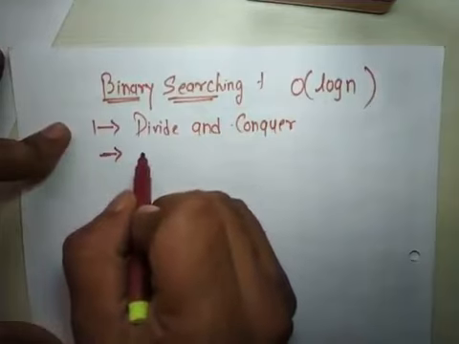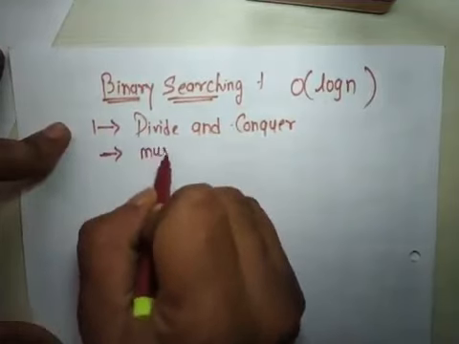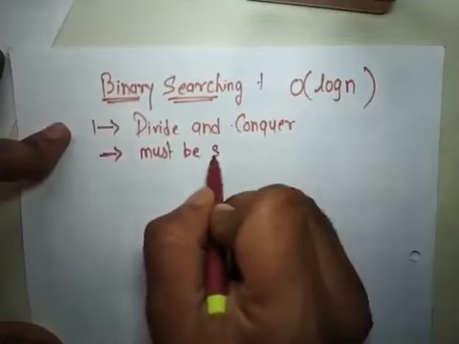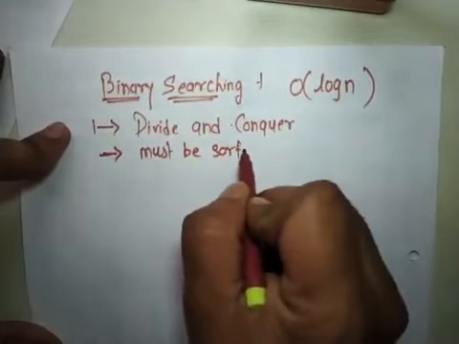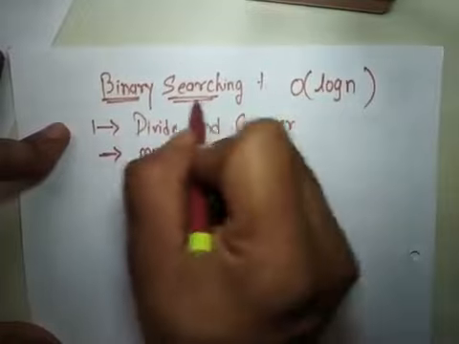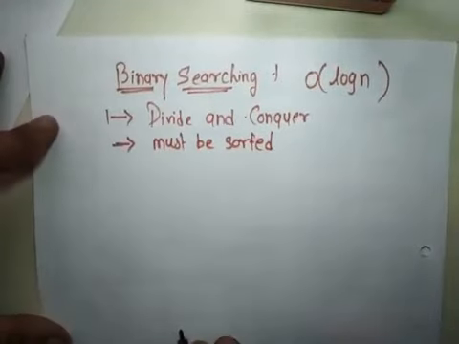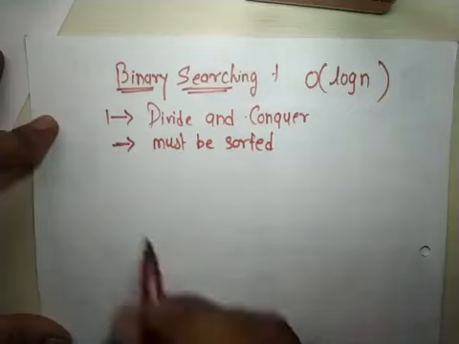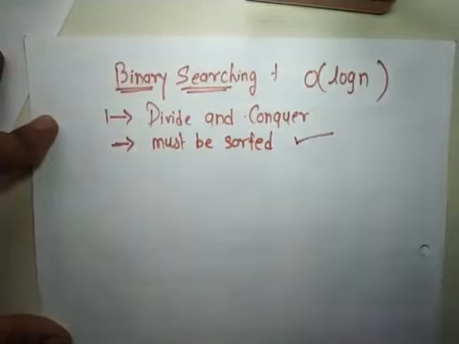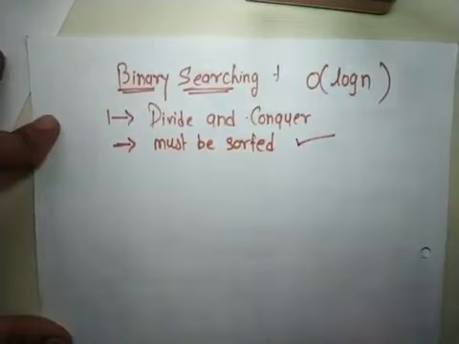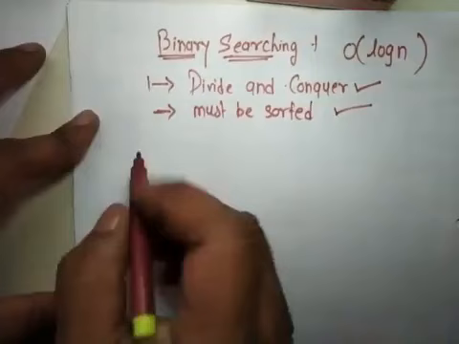we have, that data must be in sorted form. So this is the compulsion of binary search. If you want to apply the binary search algorithm for searching any particular element from that data, the restriction is that the data must be sorted, and it works on the principle of divide and conquer technique. Now we are going to see how binary search works.